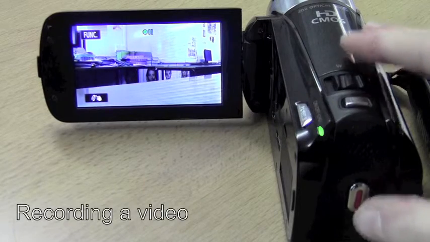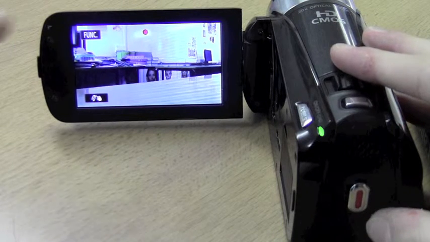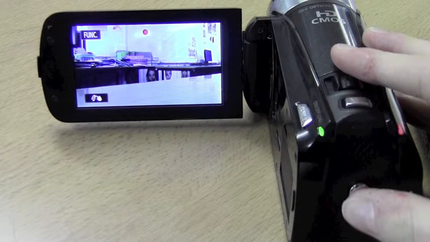To record a video, press the silver and red button. You will then see a red dot appear that indicates that you are recording. To stop recording, press the same button as you did before and a green image will appear to indicate that